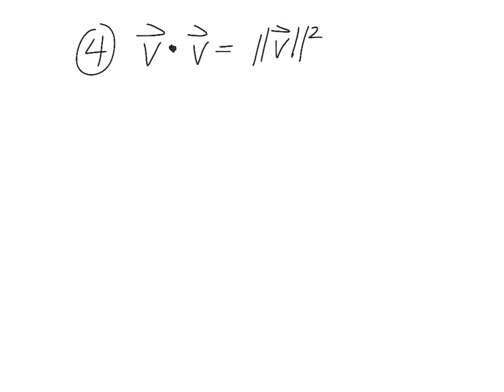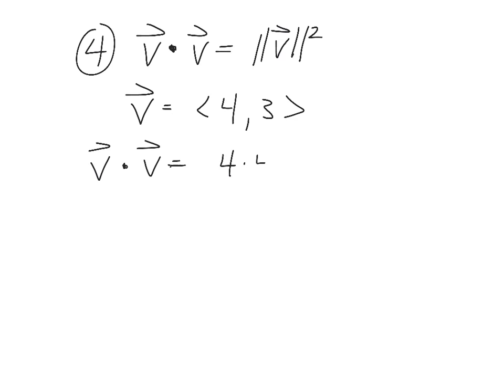Let's say v equals the vector 4, comma 3. All right, so v dot v equals 4 times 4 plus 3 times 3. That's the dot product. That's x of v times x of v plus y of v times y of v,